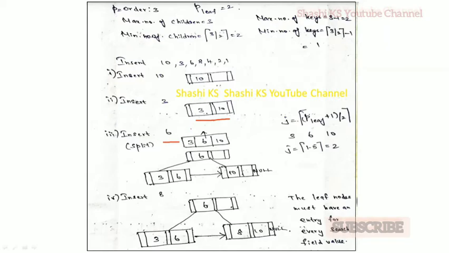So when I try to insert 6, it has to be inserted in between 3 and 10, as 3, 6, and 10. Okay, but there is an overflow here. There is no space to insert 6 here, so the node has to be split. When the node has to be split, we need to find the value of j. So j is nothing but the ceil of the order of the leaf node plus 1 divided by 2. The order of the leaf node is 2, so 2 plus 1 divided by 2 is 3 by 2, which is 1.5. So ceil of 1.5, you would be getting 2.